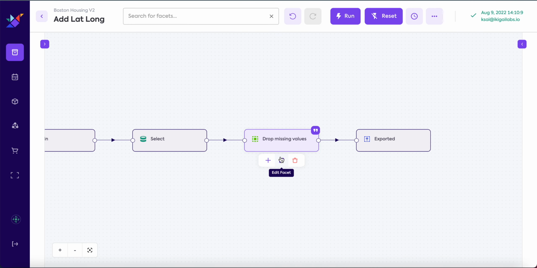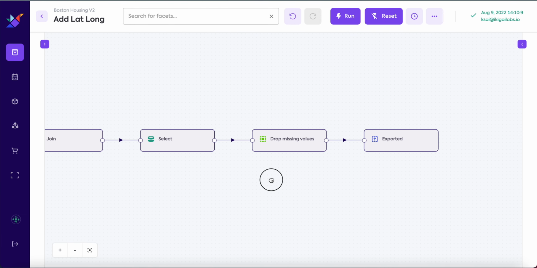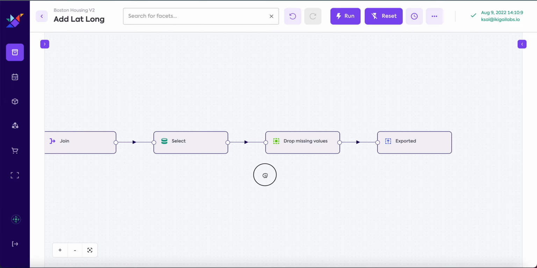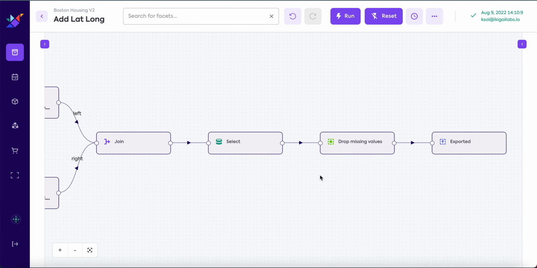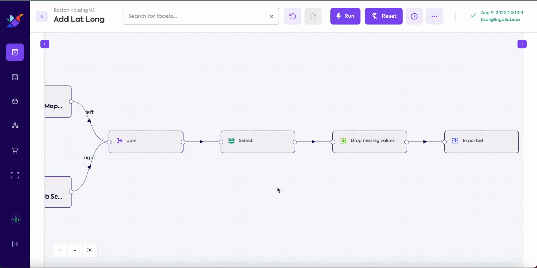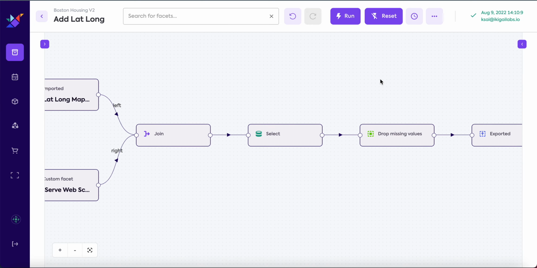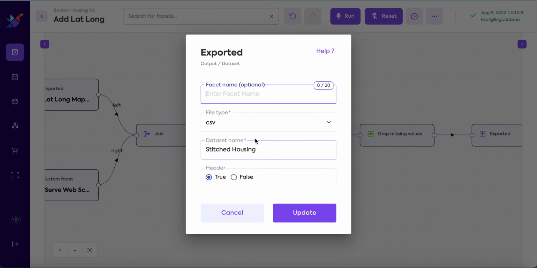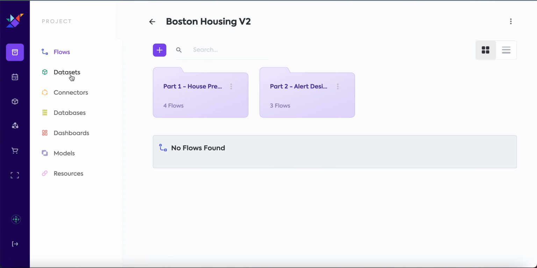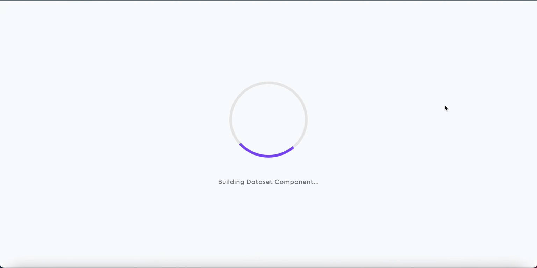And then finally, before we export and get our nice clean stitched data, we want to drop missing values, as that will make it easier for us to analyze the data and build on top of this data set using models, predictions, etc. So we run the flow and it runs, and let's quickly take a look at what the output data is. It's called stitched housing, so let's go over to data sets,